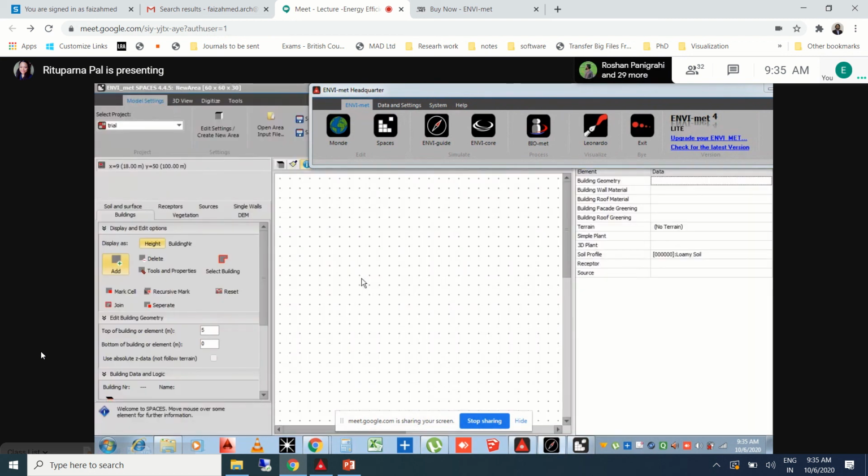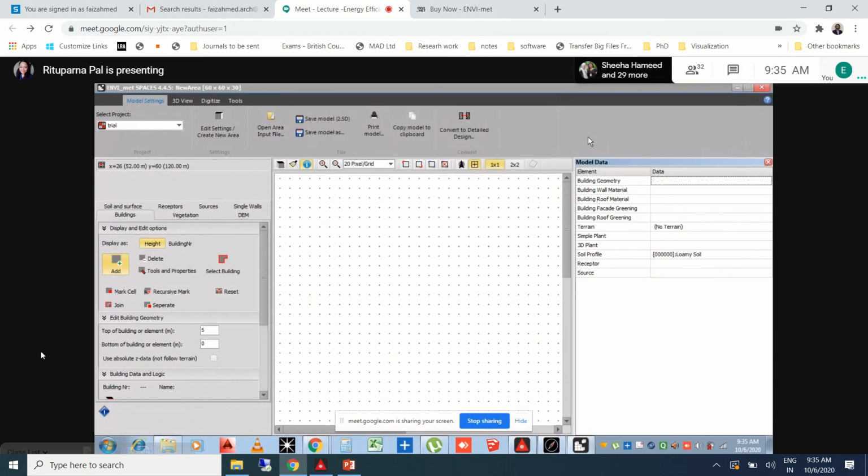Okay, so has everyone reached this page? Yes, ma'am. Okay, very good. So this is the main page where we model our buildings, or we model our design, or model our landscape. Whatever we model, we do it here.